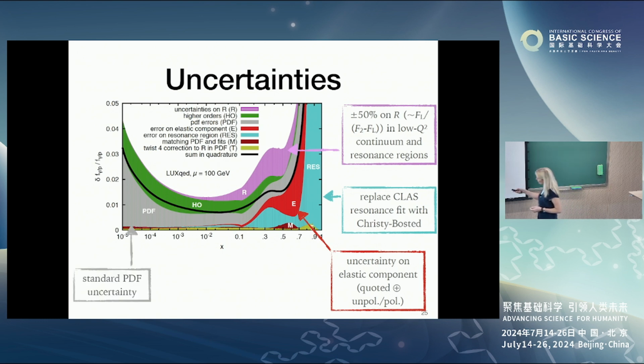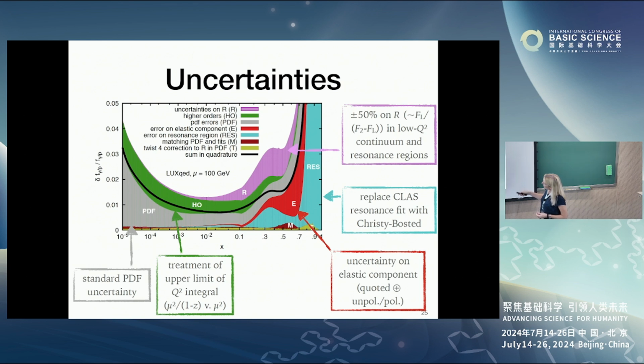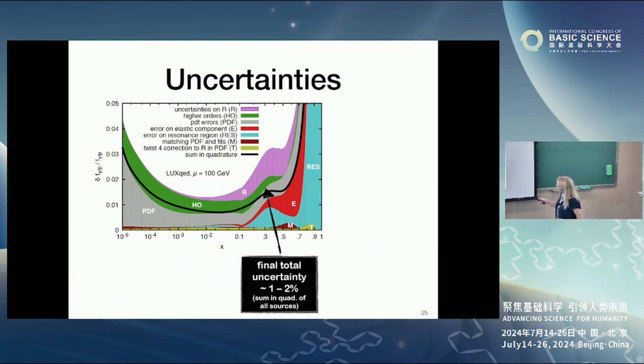There is an uncertainty associated at high Q squared to the standard PDF that you use to compute F2 and FL at large Q. And this is this uncertainty here. And this is a bit technical again. This is a treatment of the upper limit in this integral that I showed. You can change it up to higher order correction. So changing this limit is a way to estimate higher order perturbative uncertainties. And if you sum in quadrature all uncertainties, this is what we get as a relative uncertainty. So you see that in a large region of x values, this uncertainty is of the order of 1% or below 2%.